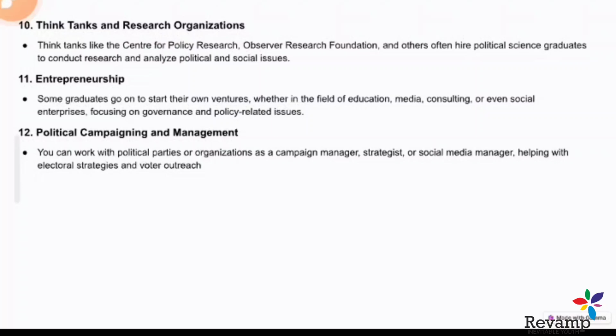Even during your graduation you can explore what you can do. Even in your college days you can do an internship in any organization, where you can get experience of how these things work. So these are the options you can go for, or something else that you aspire to. So this is all from my side.